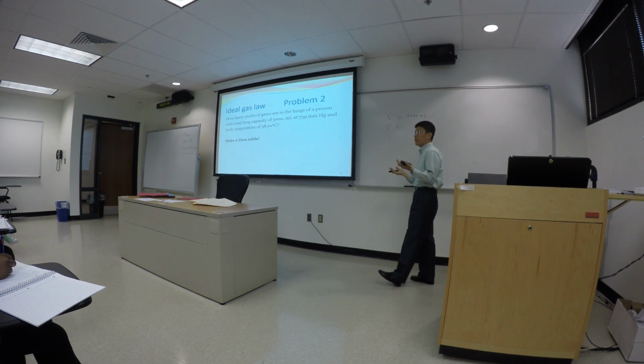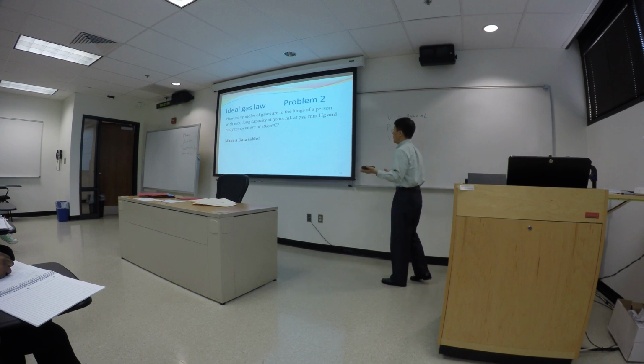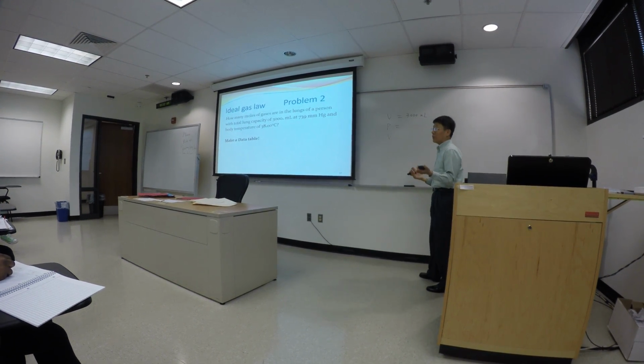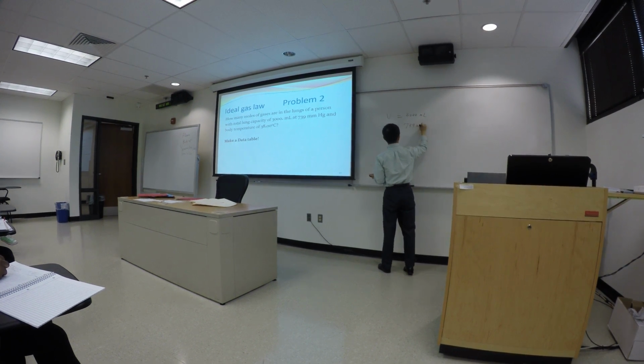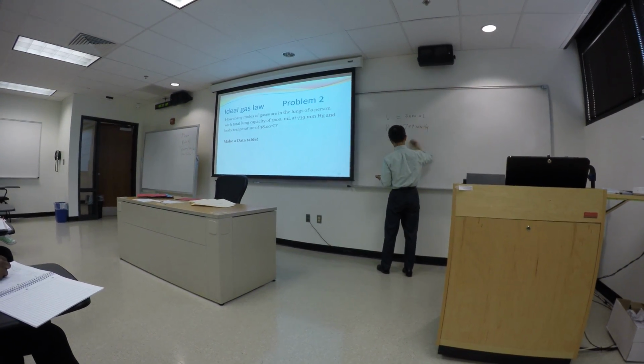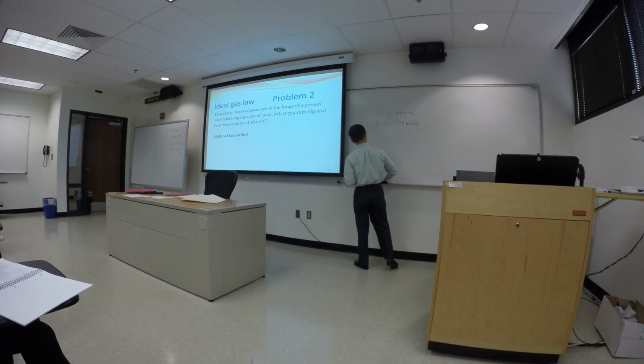Comparable to the air pressure outside. So assuming this person is right around sea level, the pressure is 739 millimeters mercury here, and then the temperature